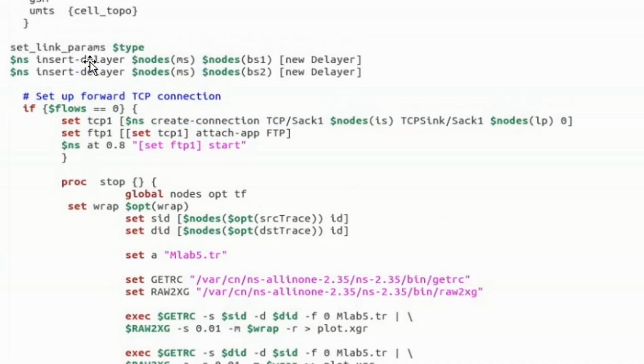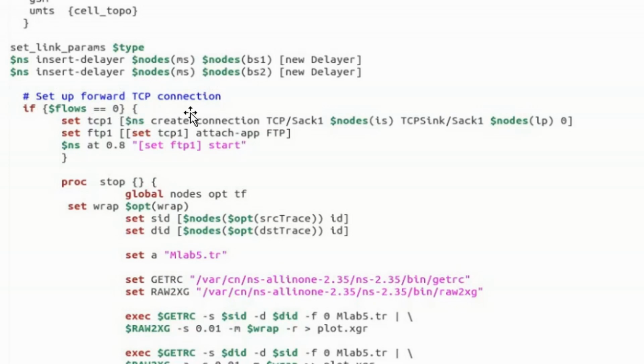Right, so that is done. After that, what am I doing? See, these are the two important objects. I am creating two important objects inside delayer layer. The delayer layer is the class, and inside that class I am creating two important objects. So this is nothing but insert delayer. These are the two objects I am creating here.